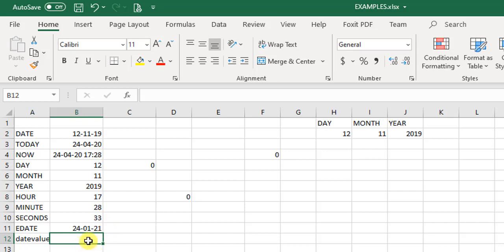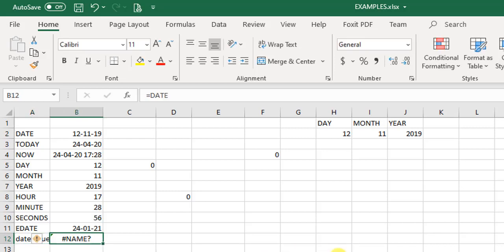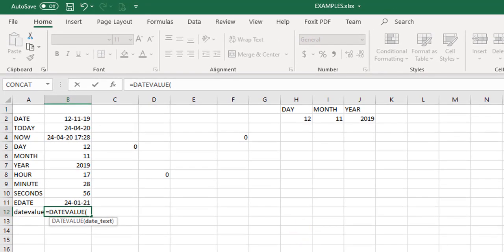Okay, the next and the last function in today's session will be the date value function. What the date value function does, I will show you in a moment. If you see the date value over here, it says date text. What do you mean by date text? Date text means it converts a text date into a date value.